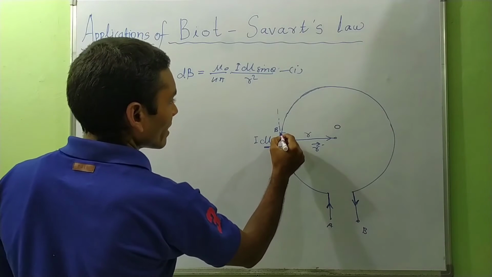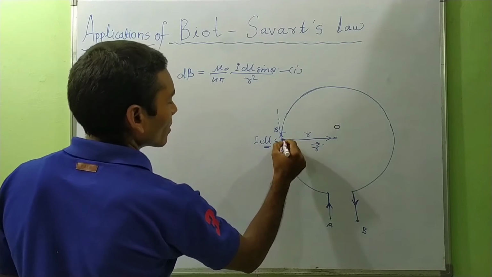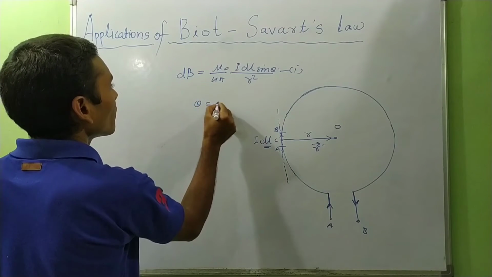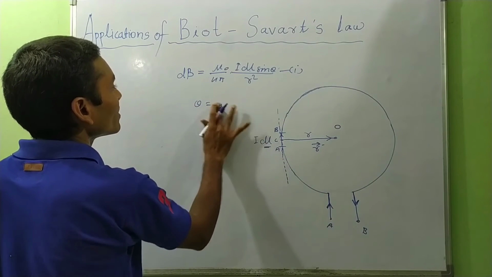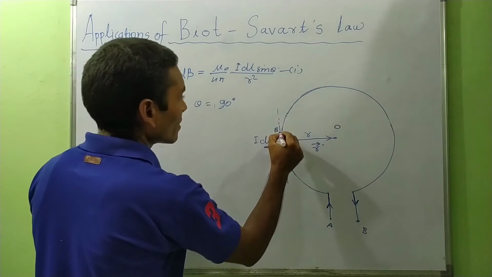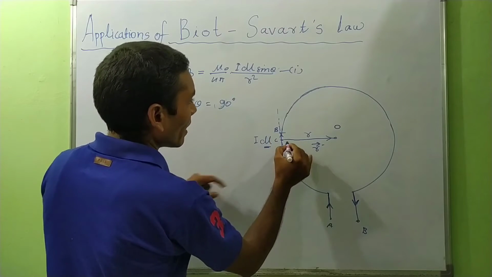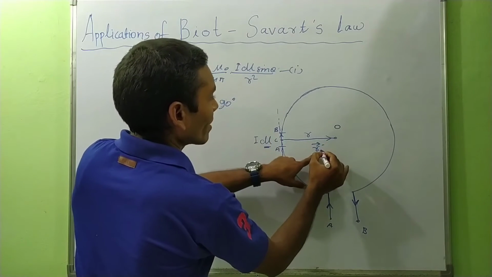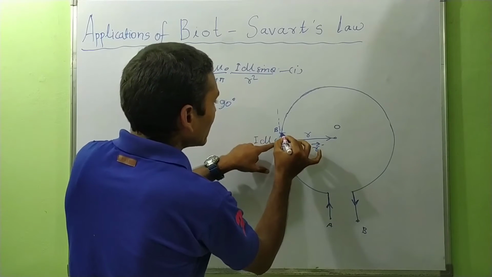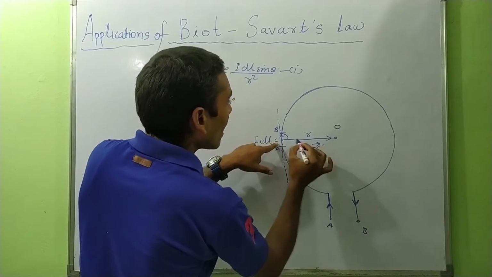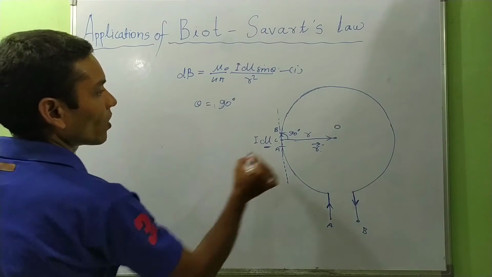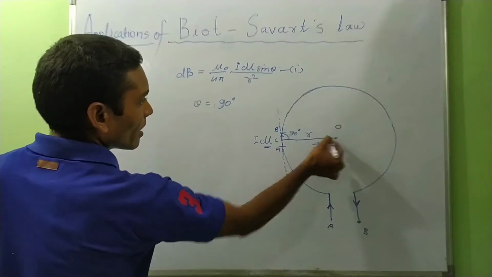So here you can see that this is the perpendicular. This is the perpendicular to dl. So here theta will be equal 90 degree, not 0, 90 degree. You understood, na? This is the dl length. Okay. And this is the position vector, vector r. The angle between dl and this r is 90 degree. So theta will be 90 degree because this is the perpendicular to this radius.